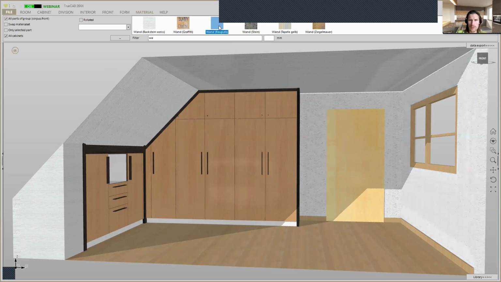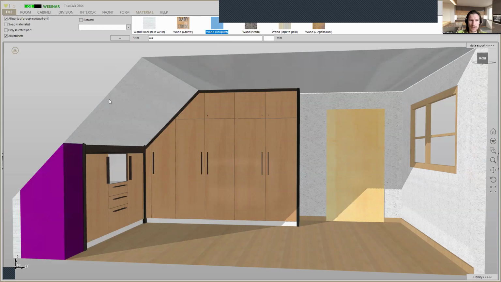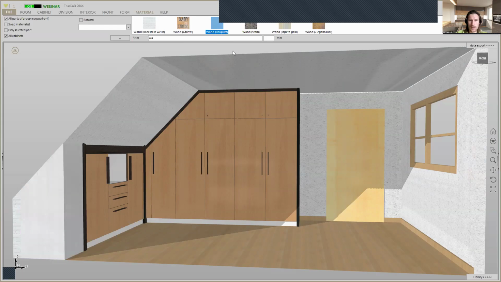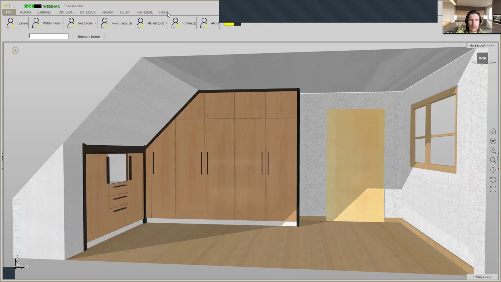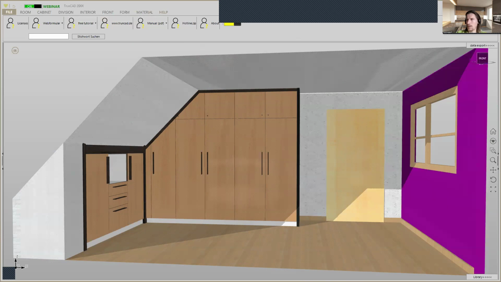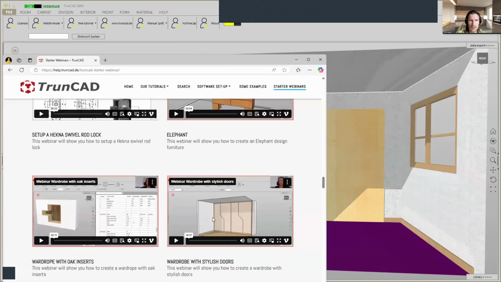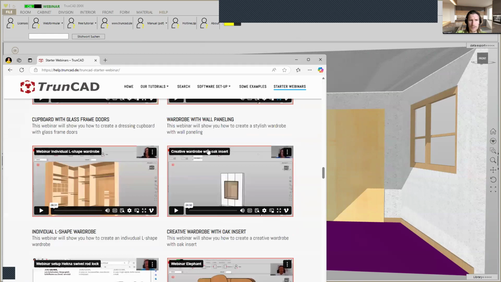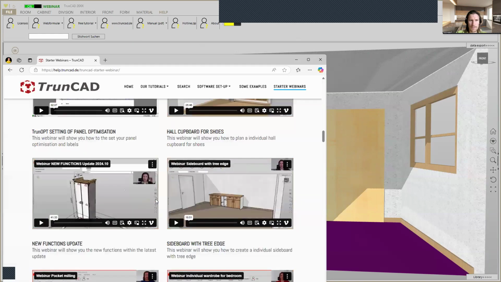You can also design new materials, new textures. You find it here. If you click on help and here on free tutorial, I'll show you, it's getting popped up on the other screen. Here on the start of webinars, you see here